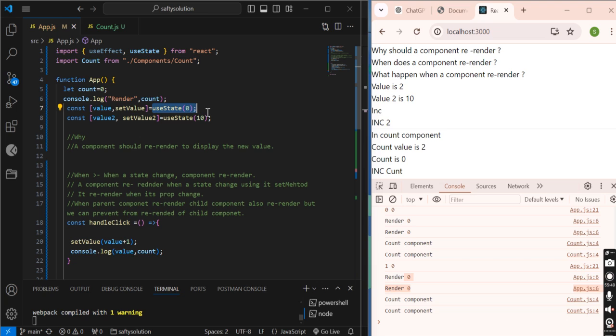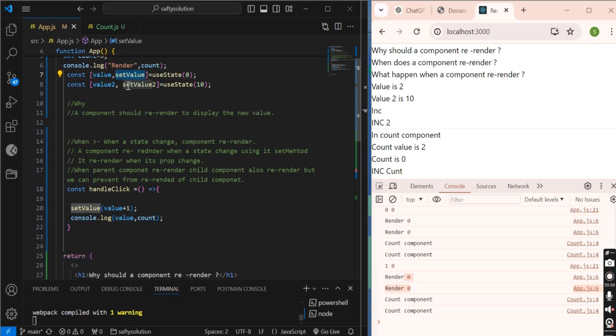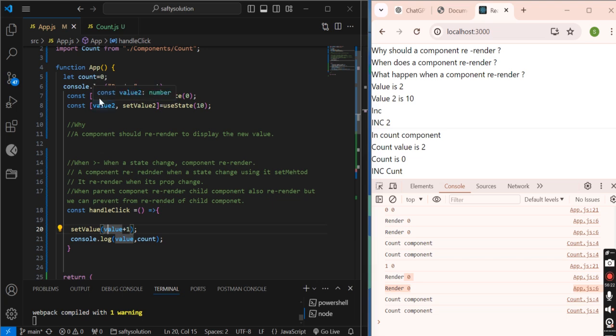Now this useState will not run. This method will, since we have used this method. Why does the component re-render? Because we have called this method, right? This method remembers what value we have to set next time based on the previous value. Since the first time it was 0, and 0 plus 1 is 1, the set value will assign the value 1 to that variable.